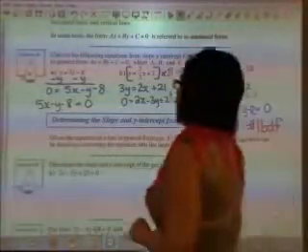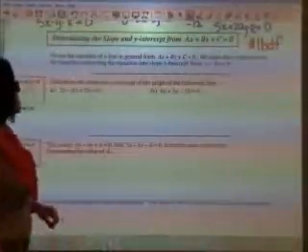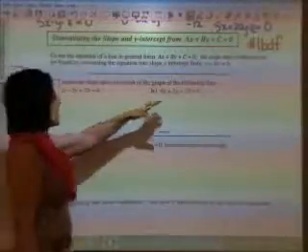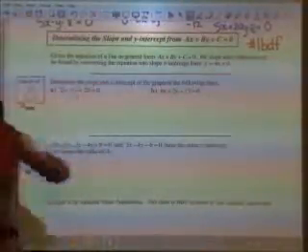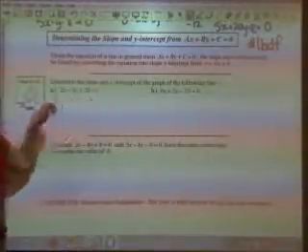If I give you the equation of a line in general form, we can determine the slope and the y-intercept by converting it into y equals mx plus b form. So basically what I'm going to do is isolate the y, or get the y by itself. That's what it means to isolate. So if I look at 2x minus 5y plus 25, so if you do that,